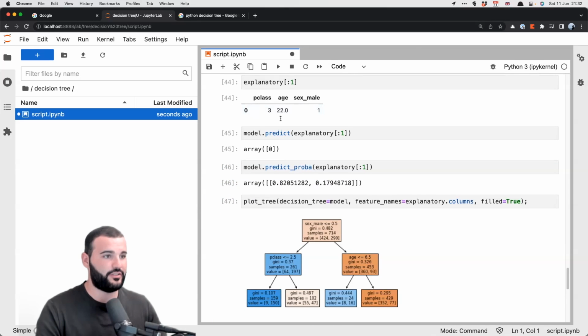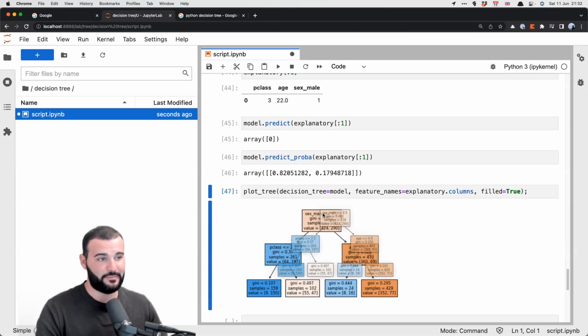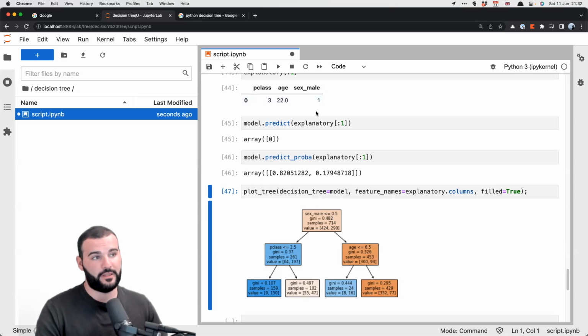So for the person, at the beginning, is sex male less than 0.5? No, because it's 1. As this is false, the tree goes to the right. If this condition had been true, the tree would go to the left. So now we are asking, is this person